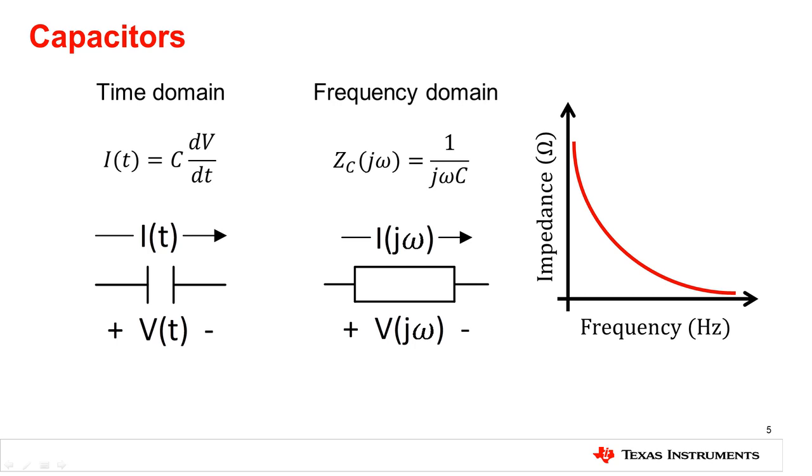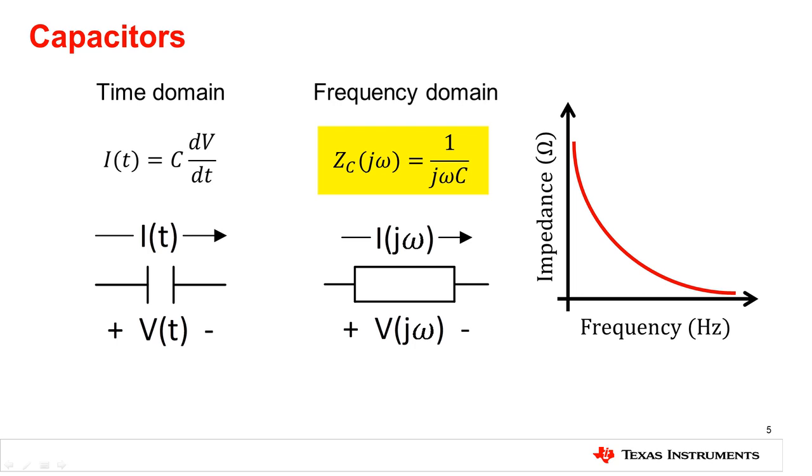The capacitor's behavior is noticeably different, as the current through the capacitor is proportional to the derivative of the voltage across the capacitor. The formula that defines the transient behavior of the ideal capacitor is written as I equals C dV over dt, where I is the current through the component in time measured in amps. C is the capacitance of the component measured in farads, and V is the voltage across the component in time measured in volts. Performing a Laplace transform gives us the impedance of the capacitor in the frequency domain.